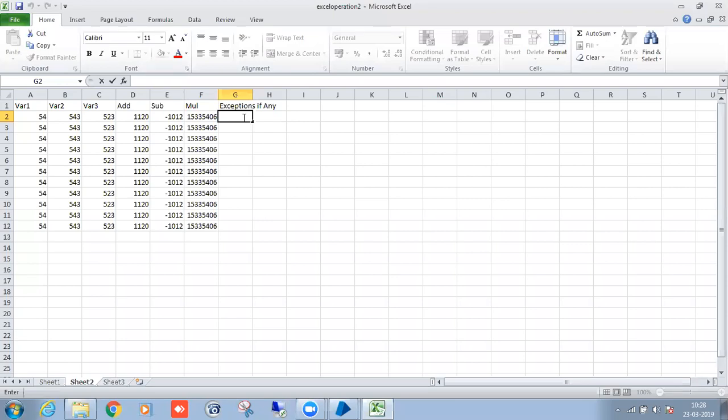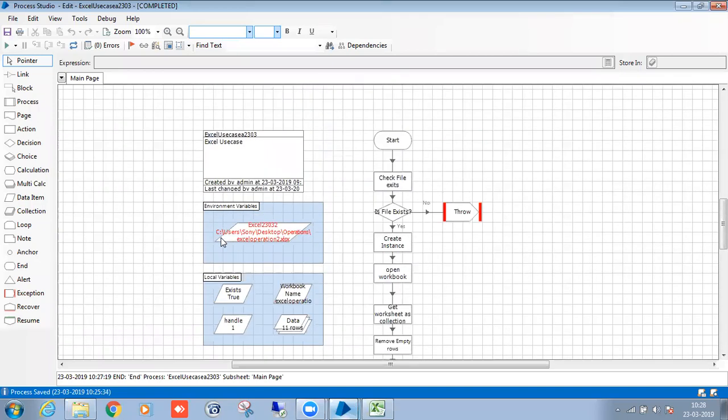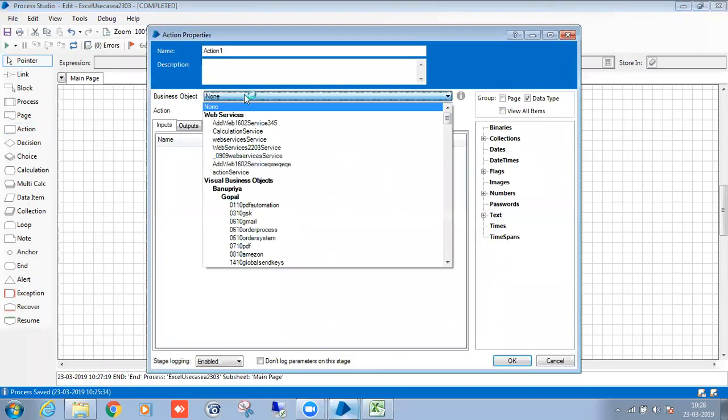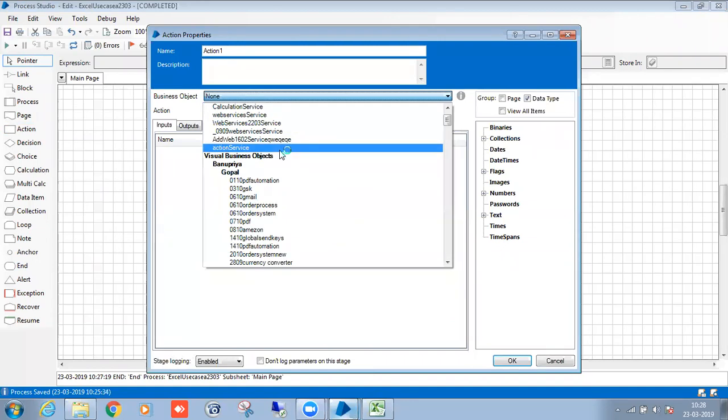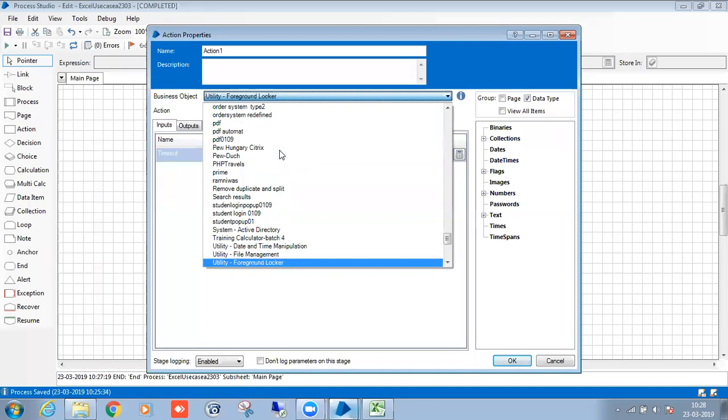If we are creating the instance, then it has to be closed, and then we take another session. Otherwise, it has to give the exception. There is an action called Kill Process, in Utility Environment.